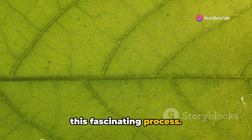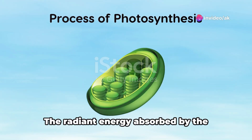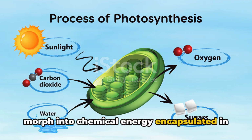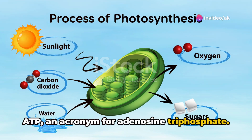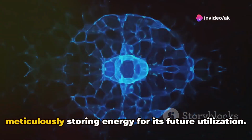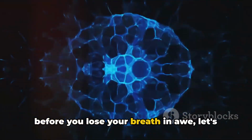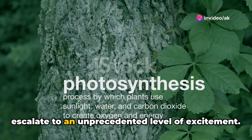fascinating process. Moving on to the second act of this play, we find that the magic truly begins. The radiant energy absorbed by the chlorophyll undergoes a transformation to morph into chemical energy encapsulated in ATP, an acronym for adenosine triphosphate. ATP is tantamount to a charged battery, meticulously storing energy for its future utilization. It's a thrilling spectacle, isn't it? But before you lose your breath in awe, let's move on to the final act where things escalate to an